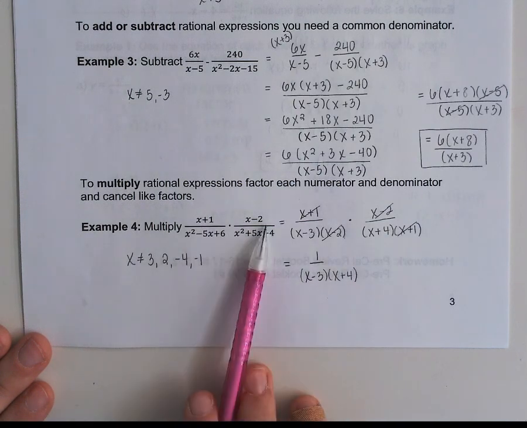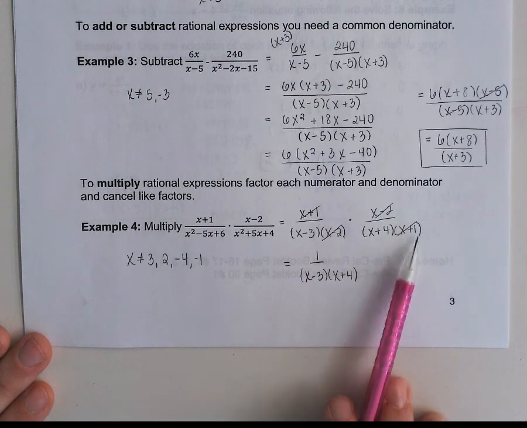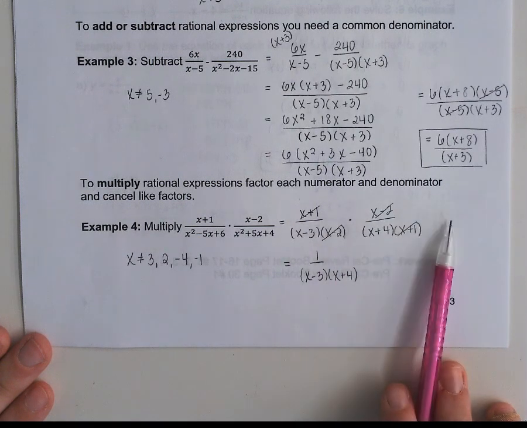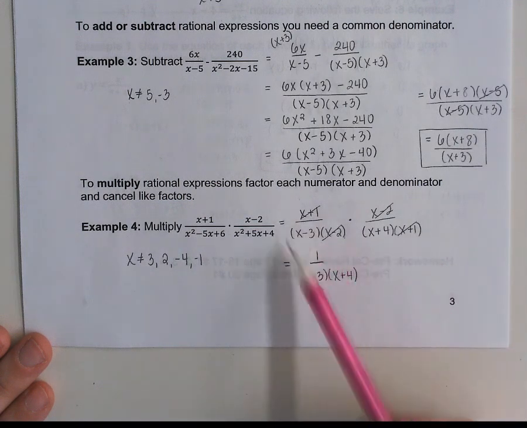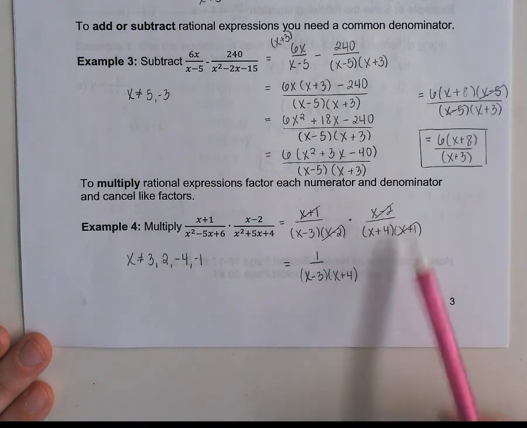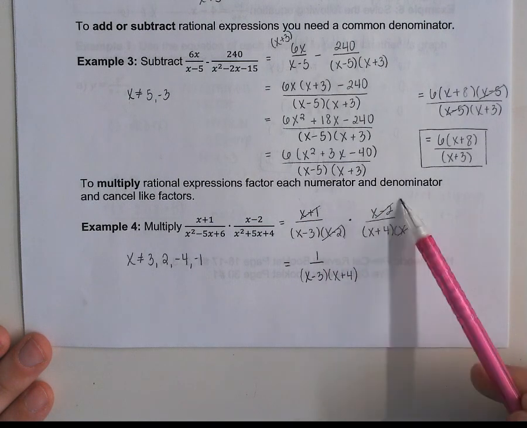The tops were already simplified. I factored the bottom of both. And because these are all being multiplied together, you can actually cancel terms from each set here. So x plus 1 can cancel with this x plus 1, and x minus 2 can cancel with